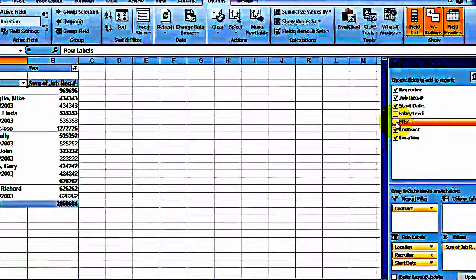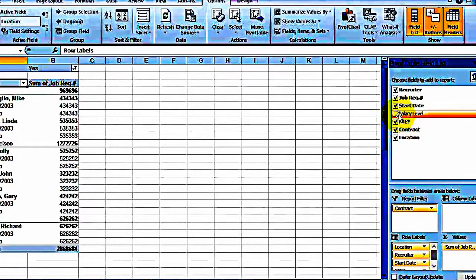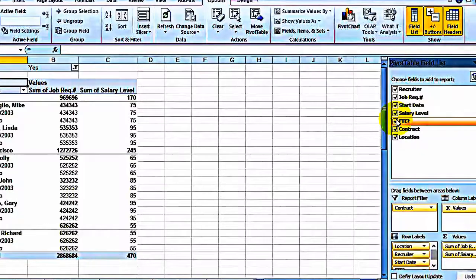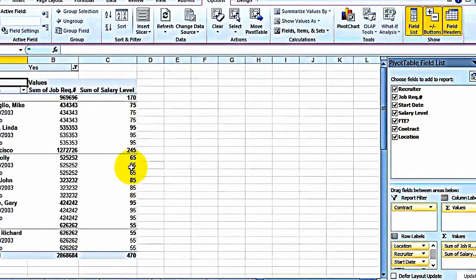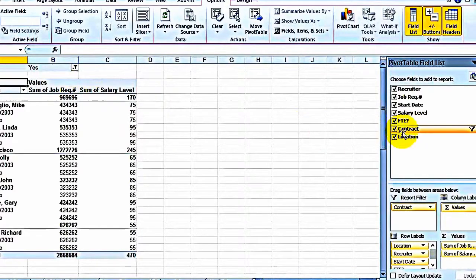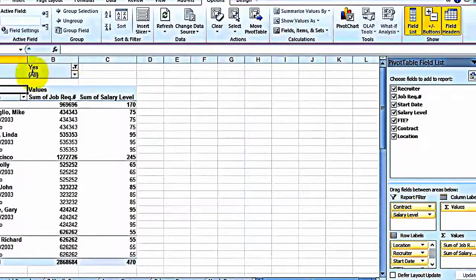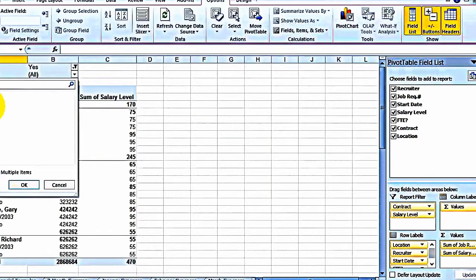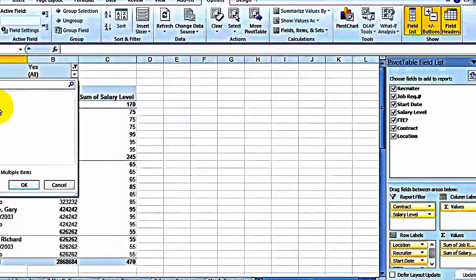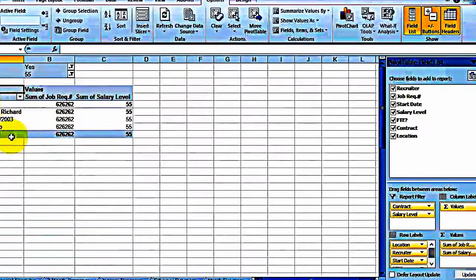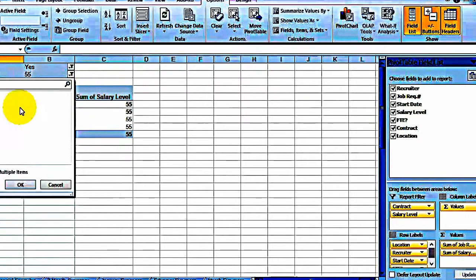you can go back here and add additional fields like the salary level. And notice the salary level, it goes 75 and so on. Now the salary level, you could go over here and put the salary level as one of your filters. So notice now that I chose this as a filter, I could go and say I want the salary level to only 55, and then click OK, and now it lists me only the people that meet that criteria, but yet the layout is